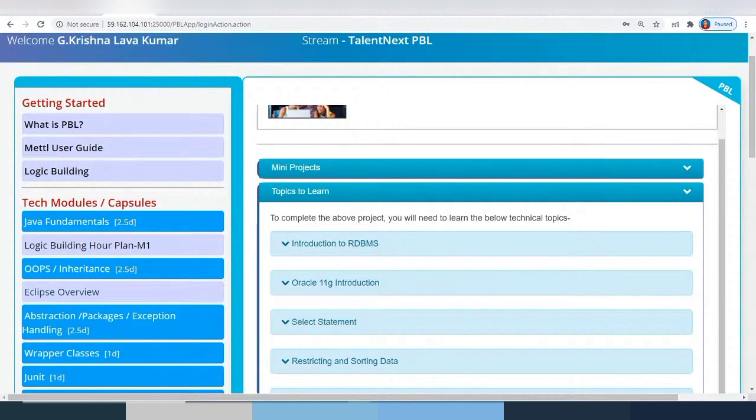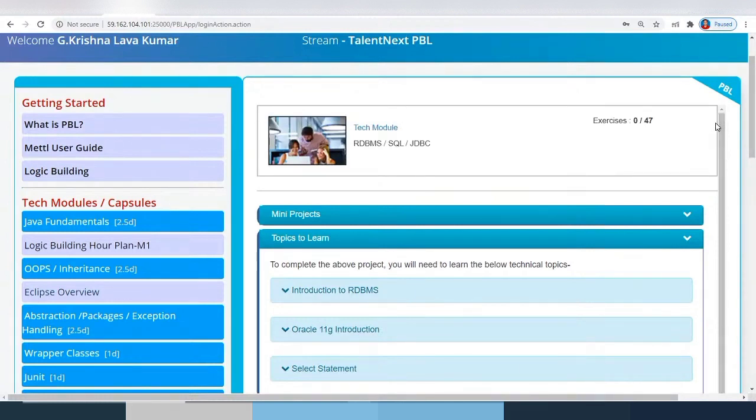So in the last class we have begun with the RDBMS, SQL, JDBC concepts, and yesterday as the app was down, I haven't covered much of the theory and directly I have shown you how to create an application and establish connection to the Oracle database, and also I have shown you how to add the OJDBC jar using the Java build path, add external jars, and also I have shown you the ORA file, that is tnsnames.ora